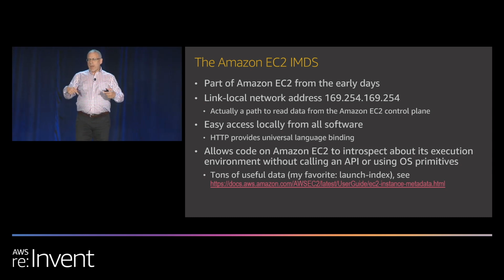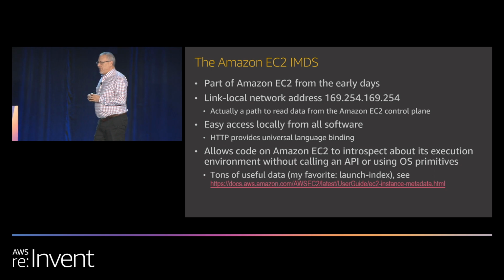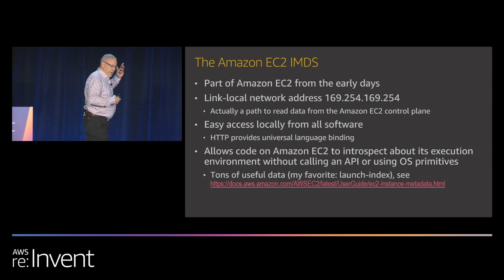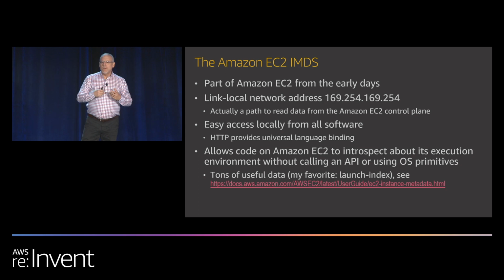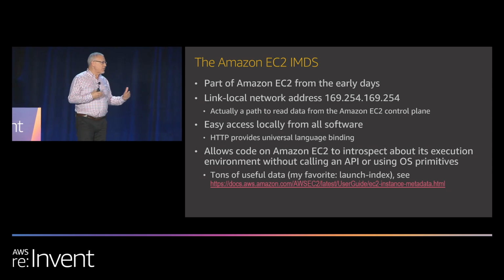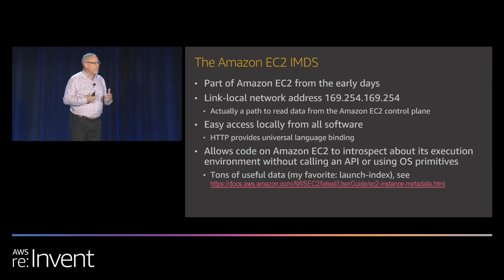The concept here is introspection. So there's data in the metadata service about the instance where your code is running, or where you as a user are logged in if you happen to be running interactively in EC2. There's a ton of really interesting data there, including some information about the cryptographic signature of your environment. There's things about your IP addresses, the virtual MAC addresses of all the ENIs that are attached to your instance. Public IP addresses are available from there. You can go through this documentation I have linked here, and you'll find just a ton of really useful information